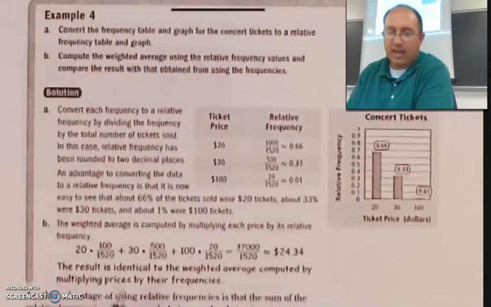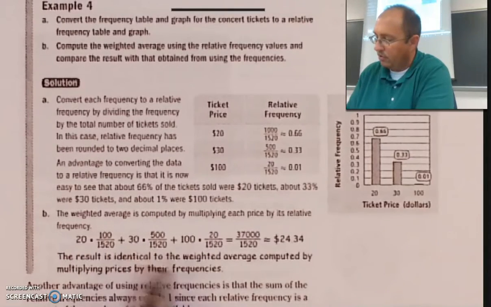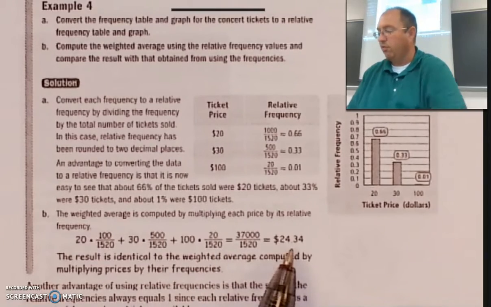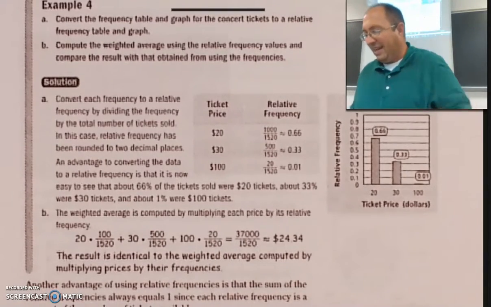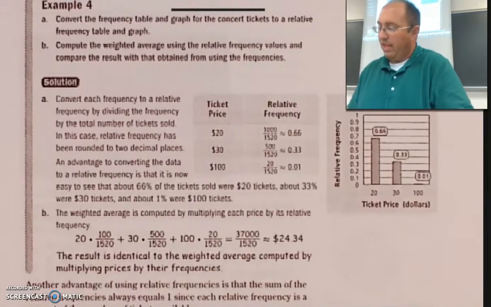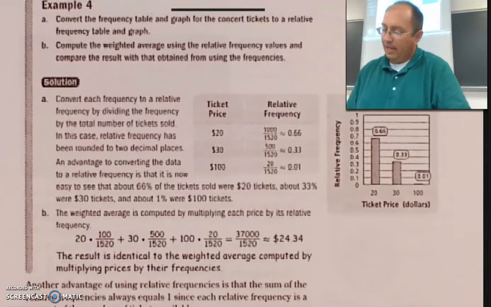But the exact same thing happens when you take $20 times its percentage, $30 times its percentage, $100 times its percentage, and then add them up. You still get $24.34. It's exactly the same thing. They're dividing before they add everything together, whereas in the last example, they added everything together and